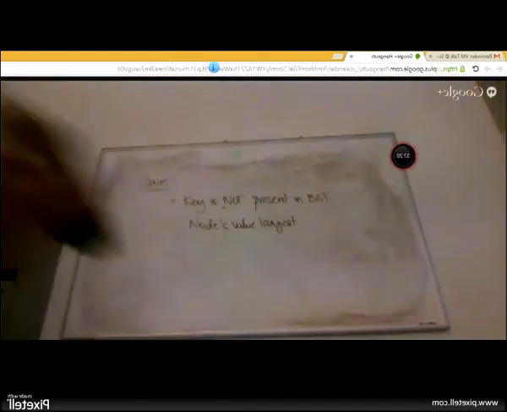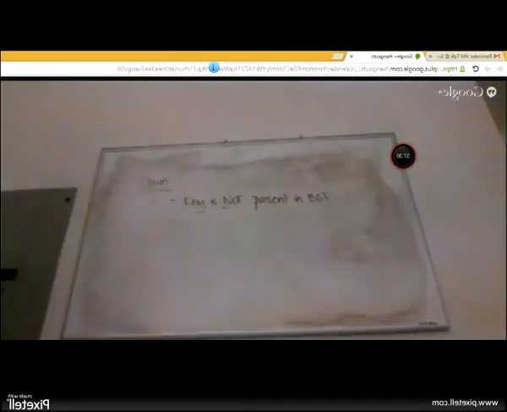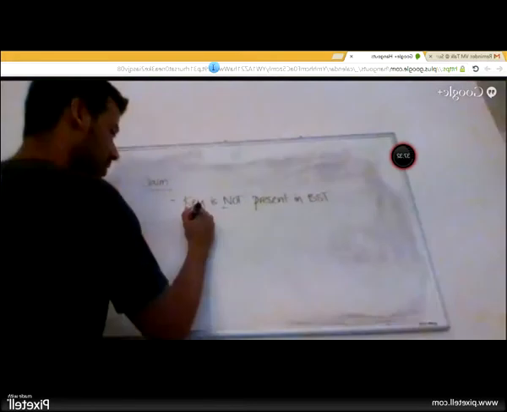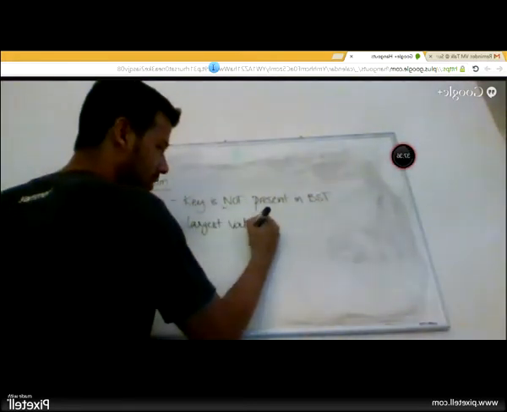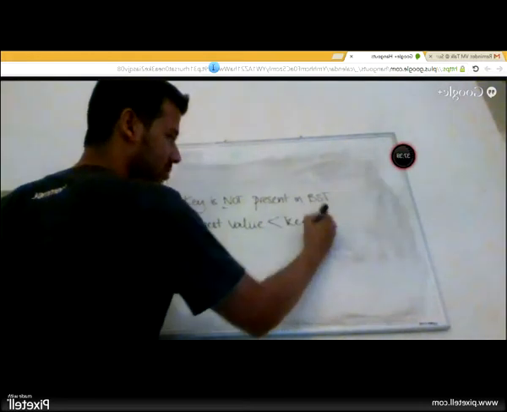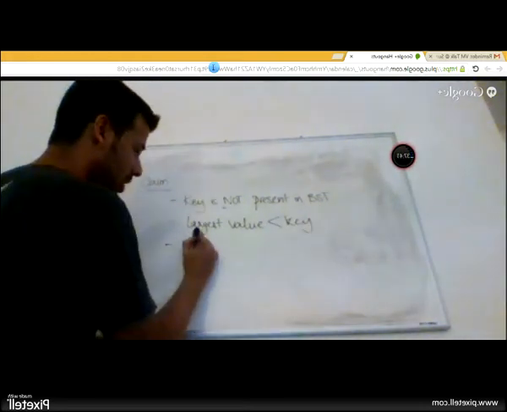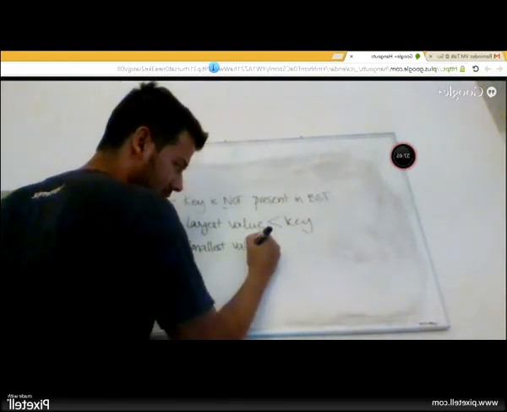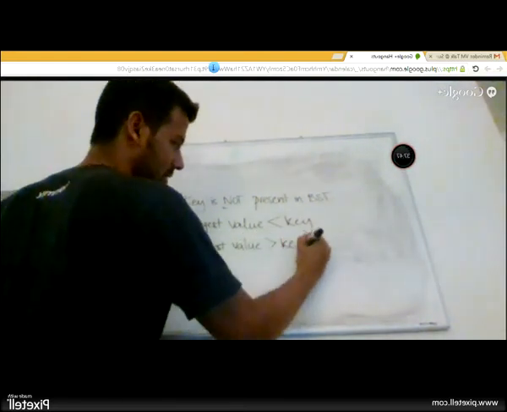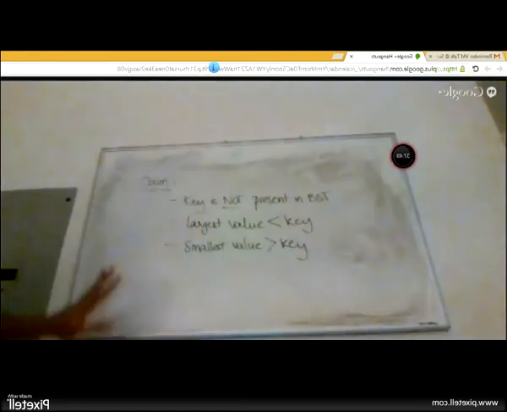Let me rephrase this. Largest value smaller than the key, and I also traverse to the smallest value greater than the key. This is a little confusing.